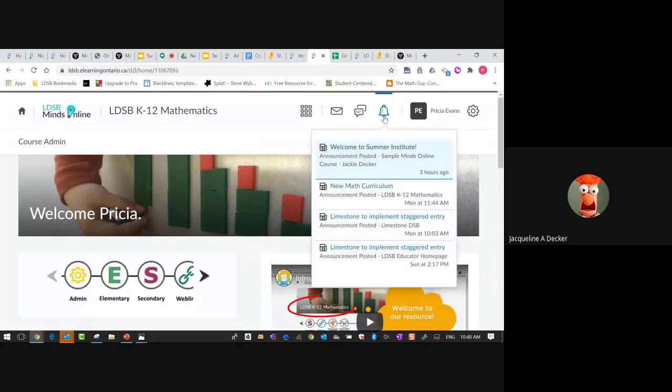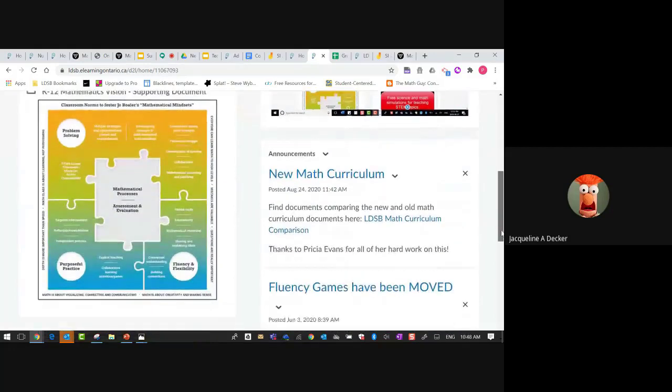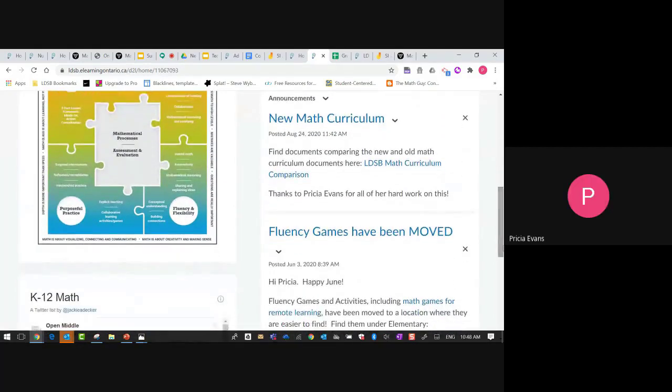In another course that Prisha's registered for, the one I used this morning, I put in an announcement, and so she got a little notification. That will happen every time we post something new. If you scroll down, Prisha, you'll notice I highlighted the new math curriculum resource that Prisha had done. So that's where it pops up for you. You can also go into your settings and have those notifications sent to your email if that's something you want.